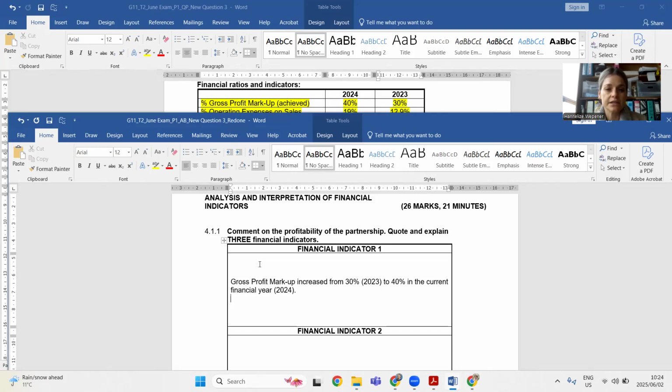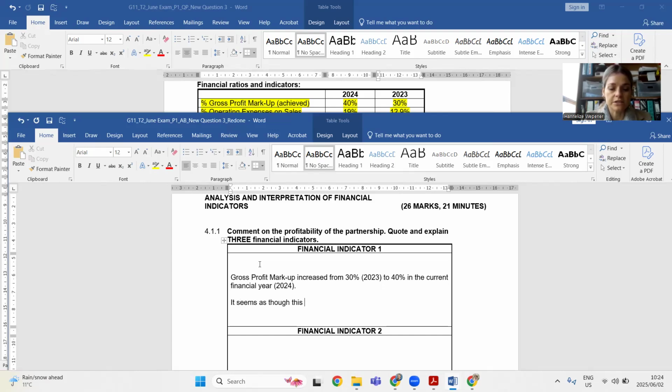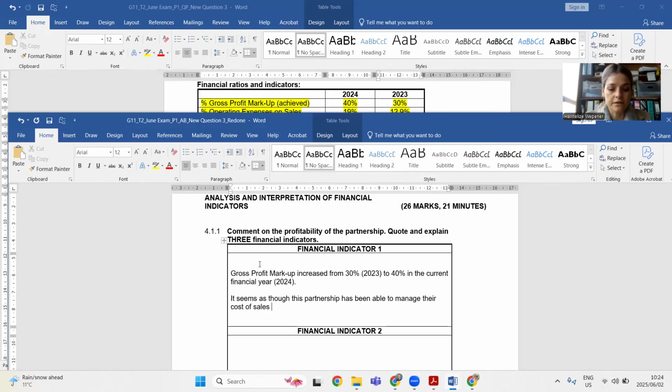They didn't give you the markup that they wanted to achieve, in other words the goal, so you can't compare it to that. So you are just going to say that it seems as though this partnership has been able to manage their cost of sales more effectively